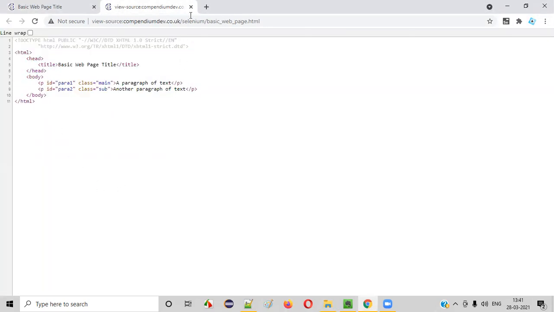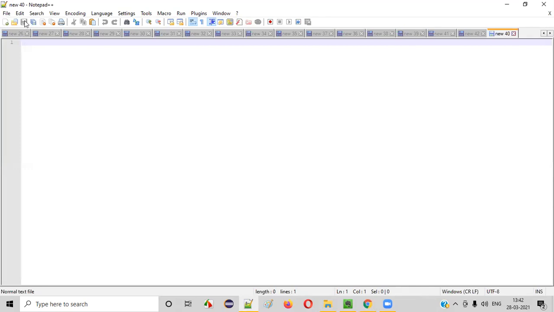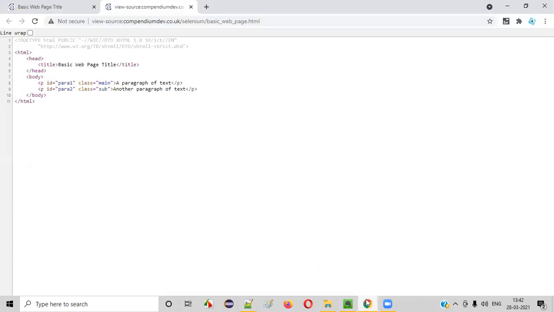Now, what we'll do next is in Notepad, I'll write down the HTML code for you. I'll show you how to write the HTML code for creating this kind of web pages. I'm going to explain it in a practical way now. Before that, you should have this Notepad plus tool, guys. It's a very simple tool.